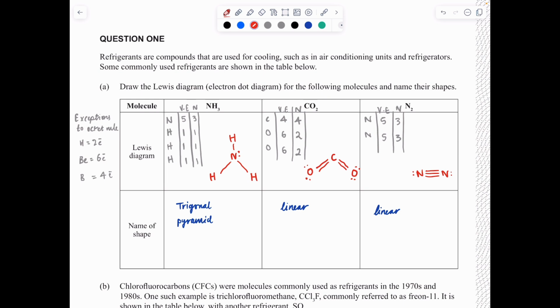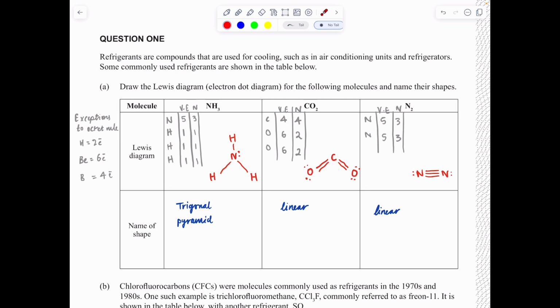Now, I have gone ahead and given you the names of the shapes. This is something that you have to revise, okay? The reason why NH3 is a trigonal pyramid is all because of the bonding and non-bonding pairs. So the number of non-bonding pairs to bonding pairs will determine the shape. So as we can see here, there are 3 bonding pairs and 1 non-bonding pair, which results in a trigonal